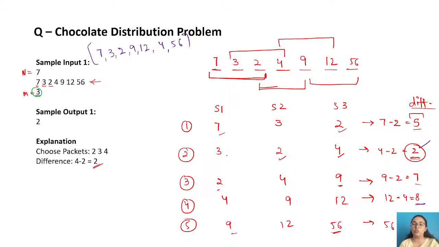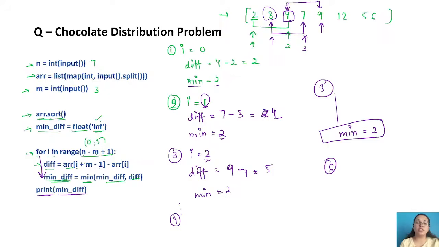Take a look over here, because there is a tabular format, so it will be easy to understand. You see that these are the only 5 loops that are possible when you're taking the window size as 3 in this particular array, right? If you try to run the 6th loop, obviously it is not going to work, or it could give you an index out of range error, right? So what we are doing here is fixing the number of loops possible for the window, and only that many we are going to run.